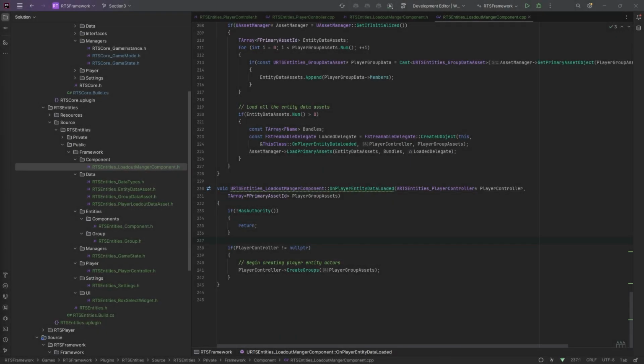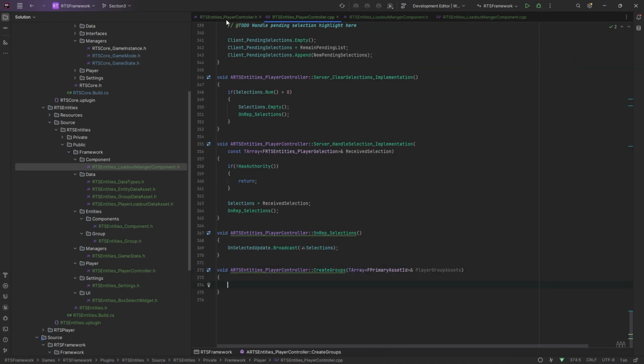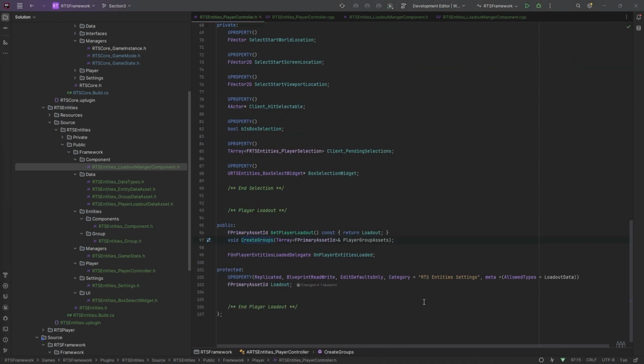In this episode, we are going to be creating our entities from data assets. So we left off the previous part where we just finished loading all our data and we were handing off to the player controller to create our groups, and we're passing over our loaded group assets. So let's kick off in the player controller, and we'll start by adding a few variables that we're going to